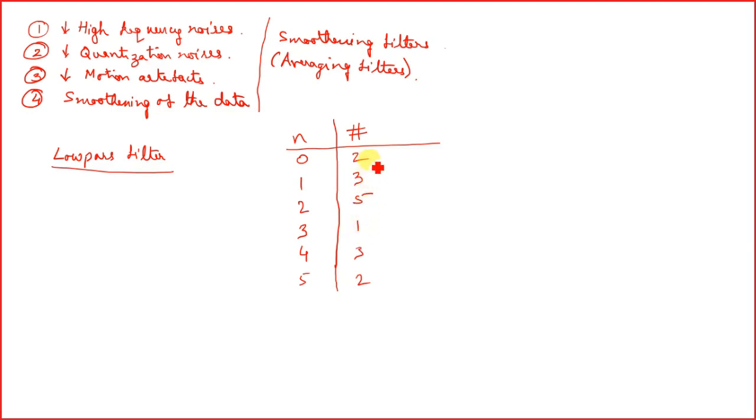If you look into the whole of the data, we have 2 and 3 which are nearly equal, then suddenly it rises up to 5 and then suddenly it falls down to 1, and then we have 3 and 2 again which are near to the average position. Okay. Now in this area 3, 5, 1, 3, corresponding to the time indices 1, 2, 3 and 4, we are having some